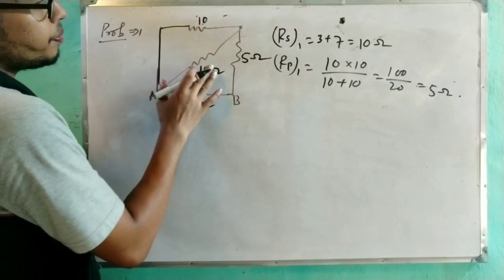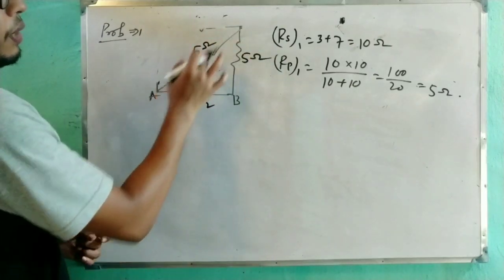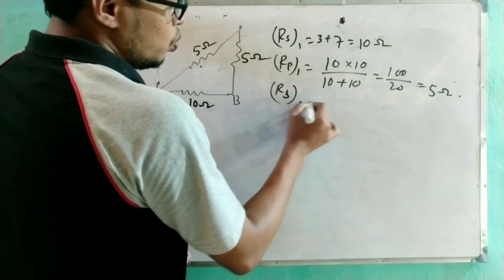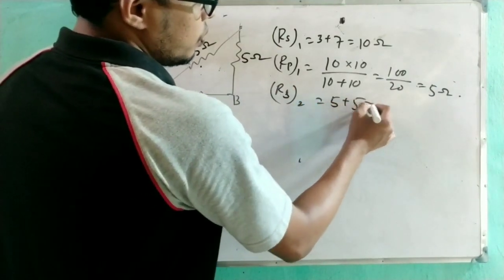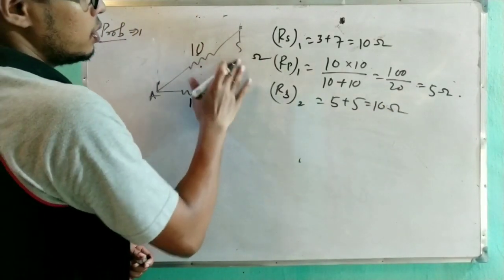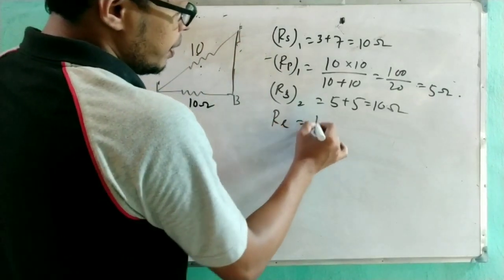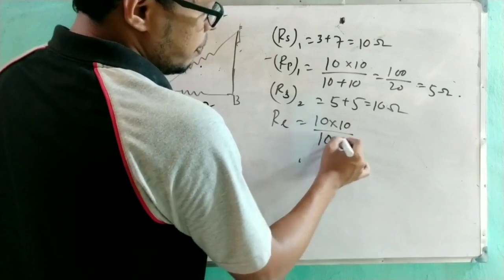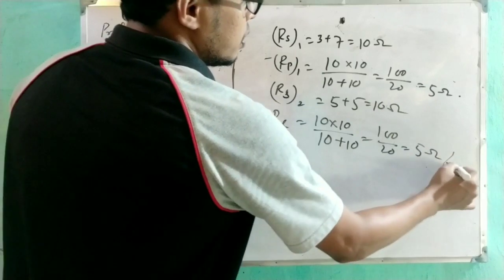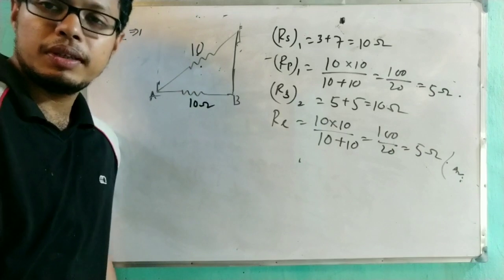Now see, we can remove this one. Now this will be 5. So 5 and this 5 are in series. So RS2 equals 5 plus 5. This will be 10. Remove this one. This 10 and 10 are parallel. So R equivalent will be 10 into 10 divided by 10 plus 10. This will be 100 divided by 20 equals 5. This is the answer. Okay. This is how you have to calculate the equivalent resistance in between these two